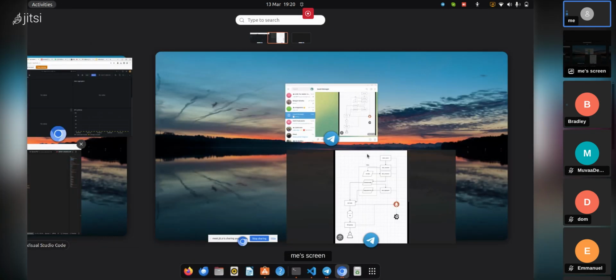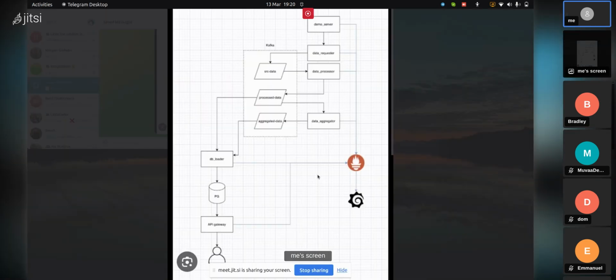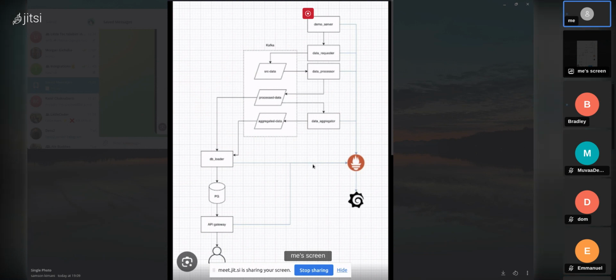The schema for this is this. Can you see this? We have our demo server here, and we have our data requester. Our data requester is requesting data from the demo server, which is basically a service. After we get that data, we post it on a topic on Kafka.